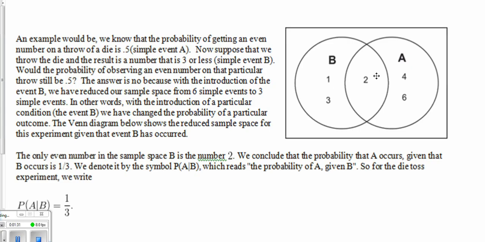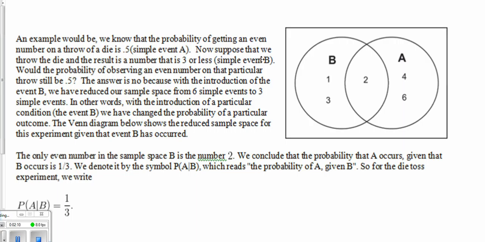In this example, we're looking at rolling a die. When you roll a die, you can get 6 different options: 1, 2, 3, 4, 5, or 6. We know that the probability of getting an even number on the throw of a die is 0.5 or 1/2. So when you roll an even number on a die, it'll happen half of the time. We'll call this event A. Now suppose that we throw the die and the result is a number that is 3 or less. We'll call that event B. So what is the probability that B will happen? Well, that would be 1, 2, or 3 out of the 6 possible totals, so 3 out of 6